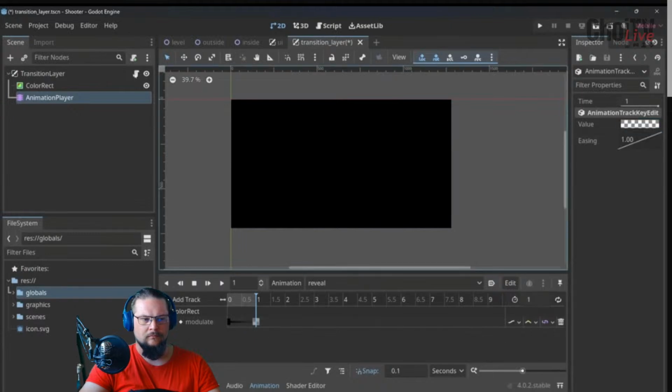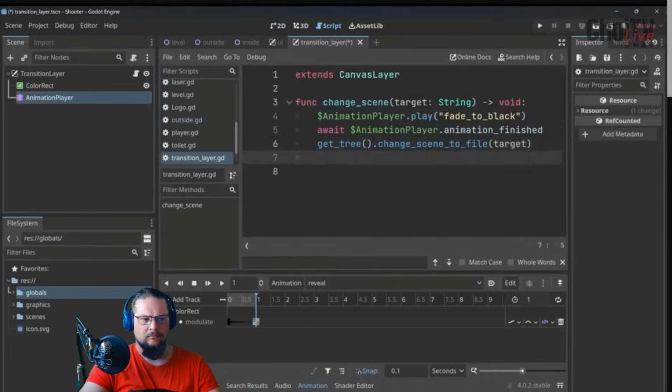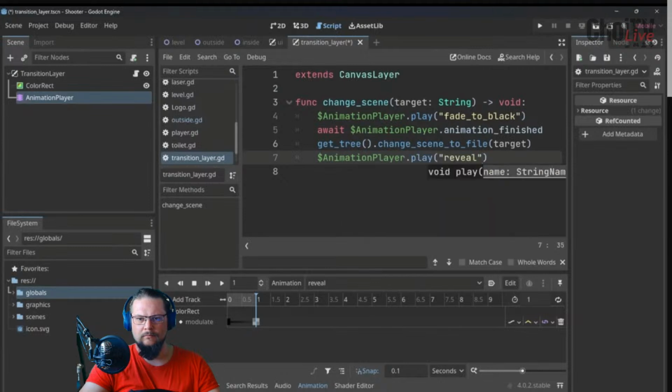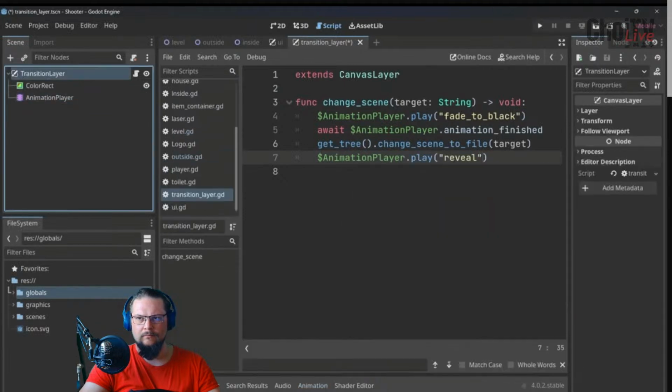Once we have the animation, I can look at the script again, and then get the animation player and play the reveal animation. If I have all of that,